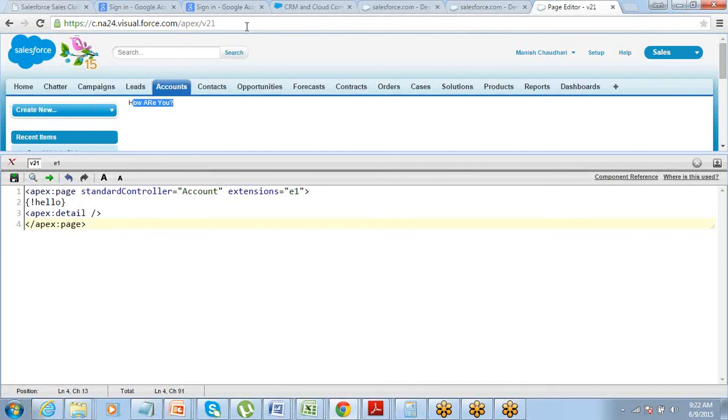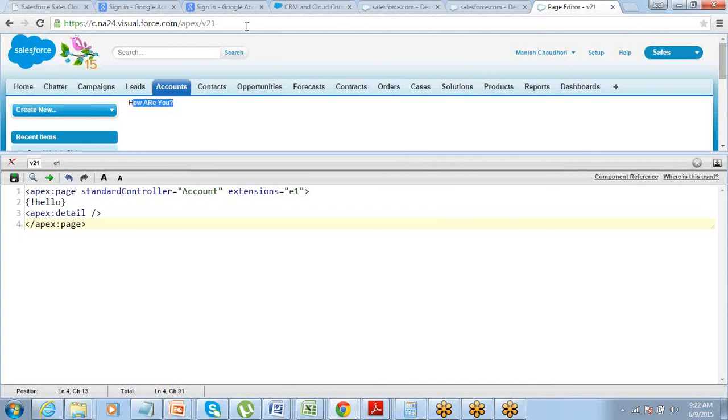But why are we using an extension? It basically acts as an extension to the primary controller, right? So far, whatever controllers we have done, the first three, the standard, standard list and custom controller, they are to be used as the primary controller. But this extension is like an add-on. You already have a page that already has a controller, and if it's a standard controller, you cannot do anything on that, right? So any custom logic that you want to put, you have to go from the extension route. You have to create an extension.